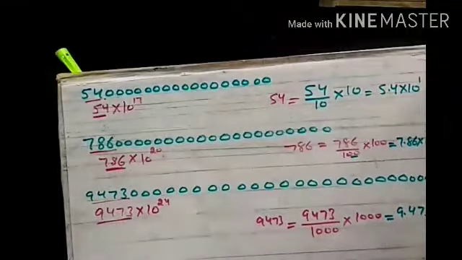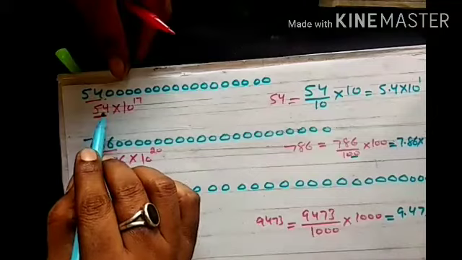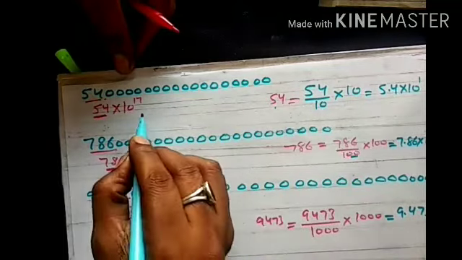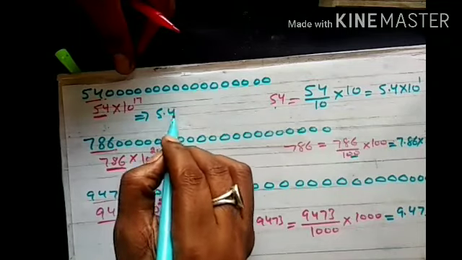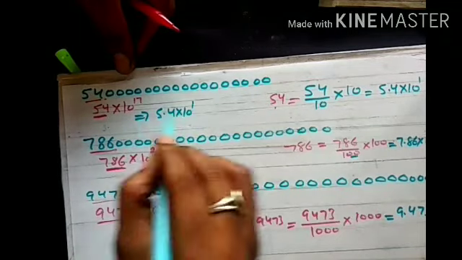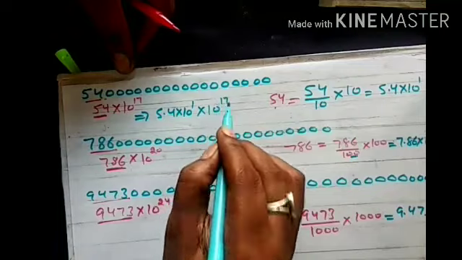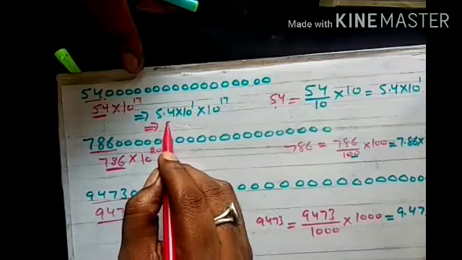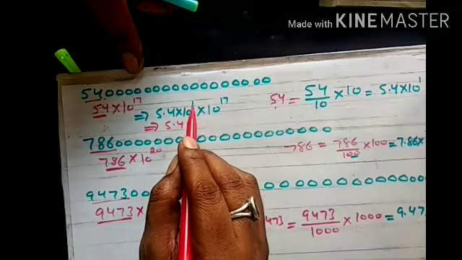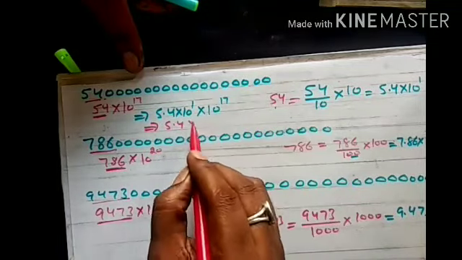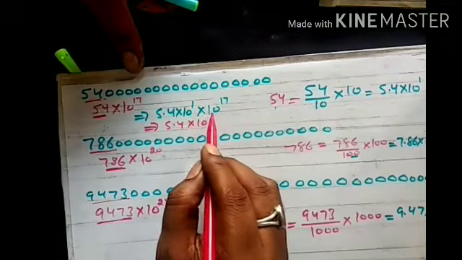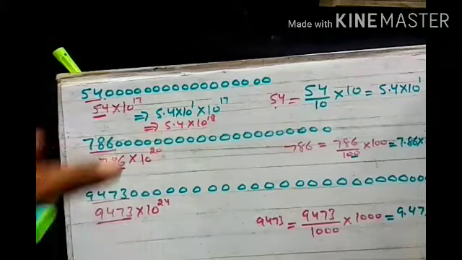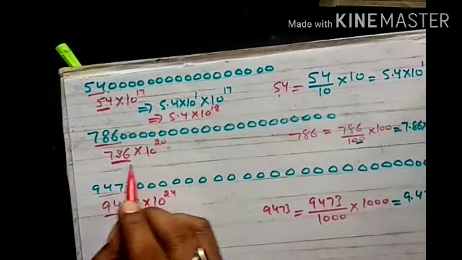Now here you will see, the value of 54 can be written as 5.4 multiplied by 10 to 1, and also 10 to 17 is multiplied with this. So we can write 5.4, here the 10 power 1 and 10 power 17, therefore we will add the powers as the bases are same, therefore this is my answer. This is called the scientific notation. In the same way I will do this.